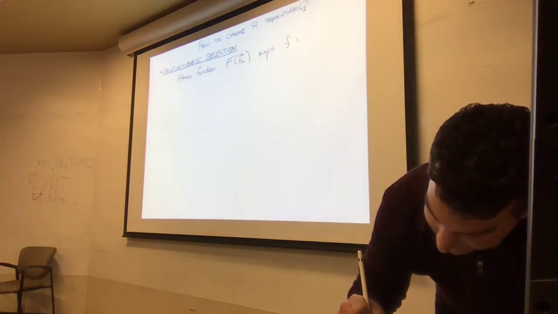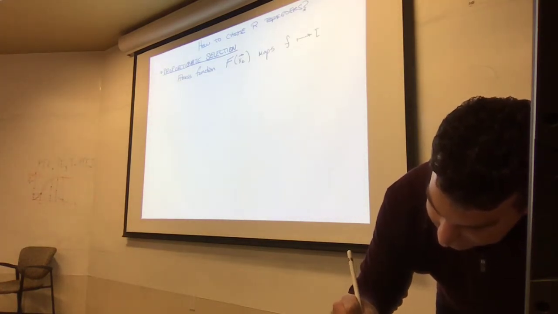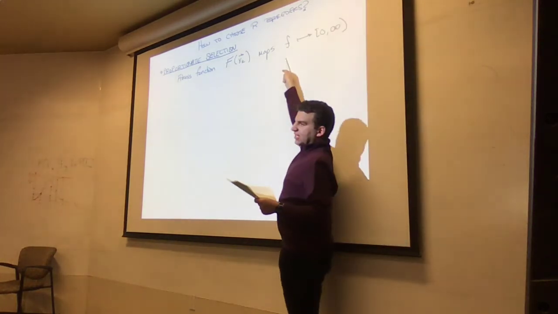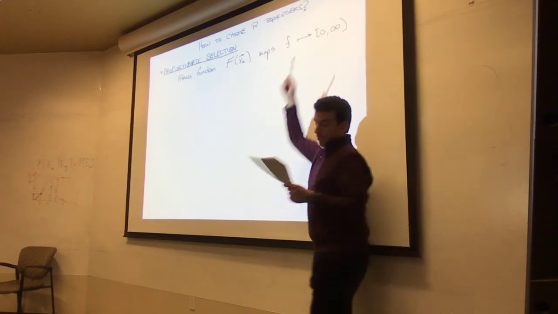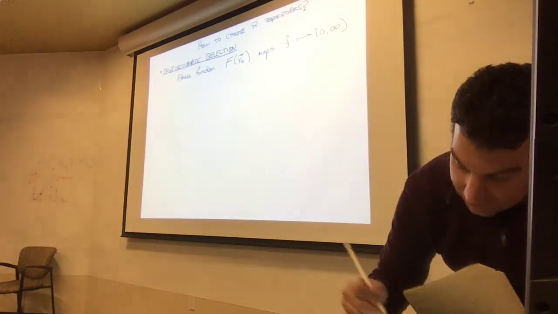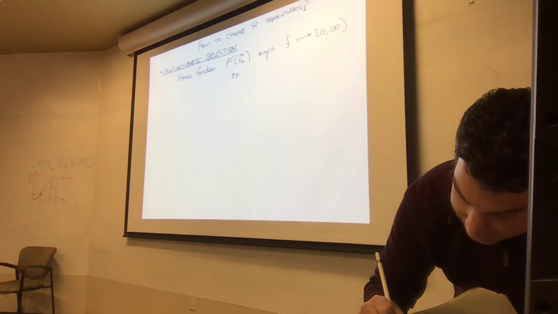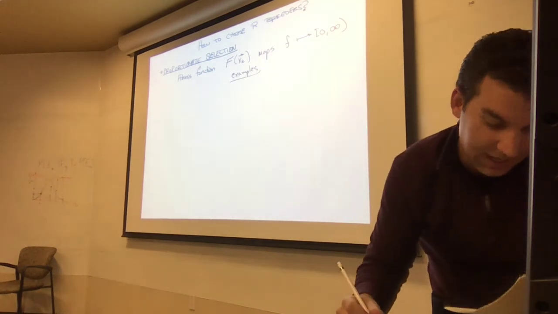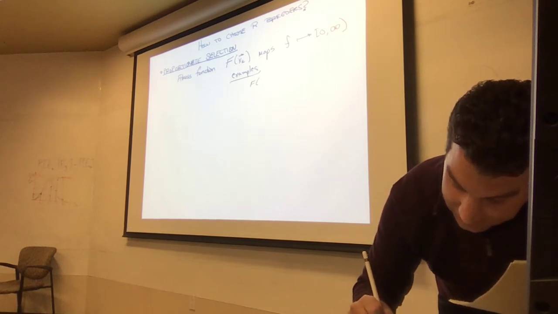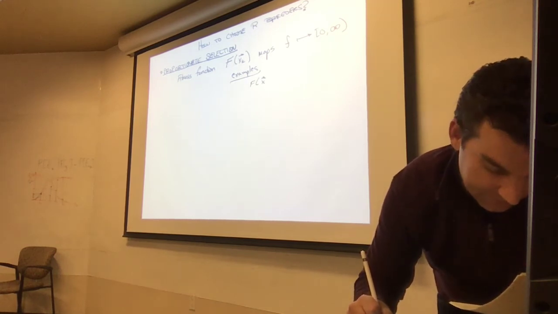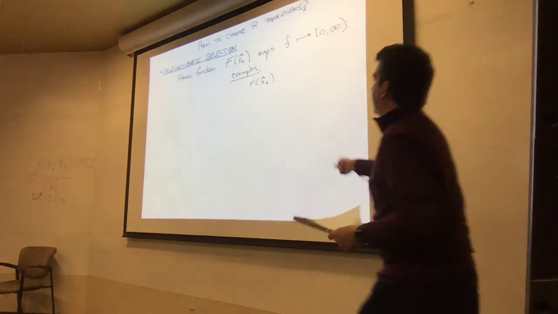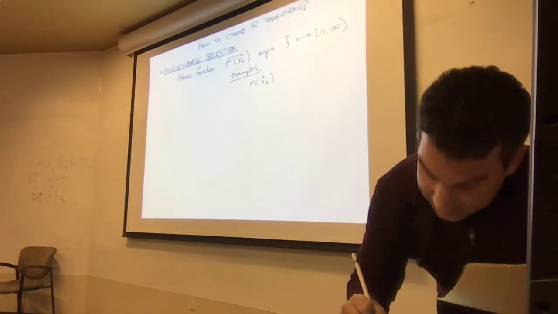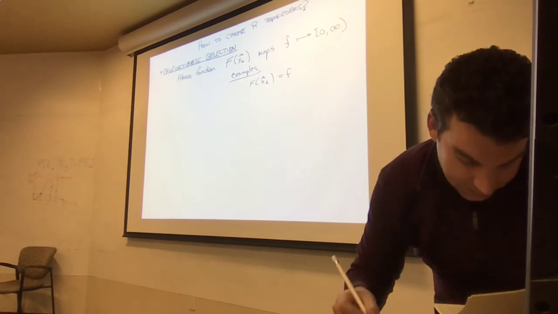These are just common examples, and there are lots of different ways to do this. For example, F of x_k, where k is my kth individual in the population, I can say that the fitness is going to be f of x_k